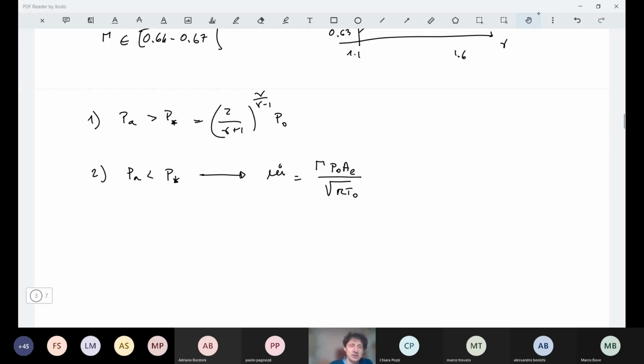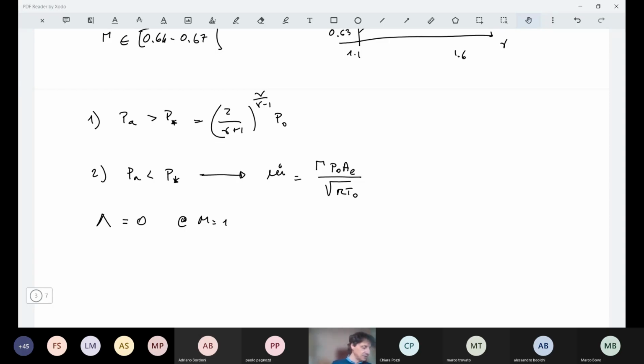We exploit the fact that, changing the sign of the area variation, we pass through the condition where lambda is equal to 0, at M equal to 1, and so we can switch from subsonic to supersonic flow. So with a converging diverging channel, we can